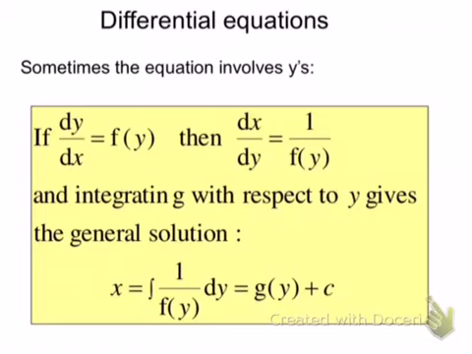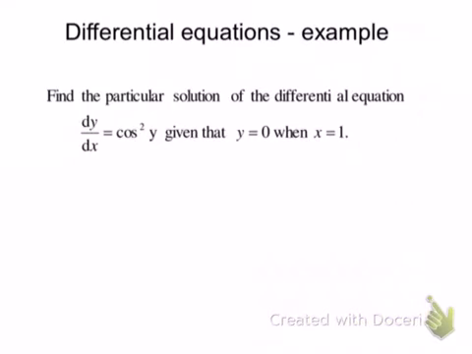Now, we're going to now go on and solve a problem. We've been asked to find the particular solution of the differential equation dy by dx equals cos squared y, given that y equals 0 when x equals 4. Right, so we've got dy by dx, but on the right hand side we've got a function in terms of y. So if I write it as dx by dy,